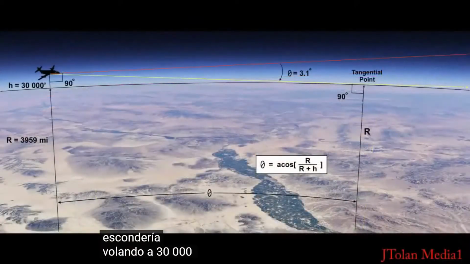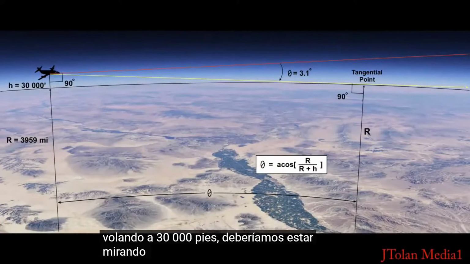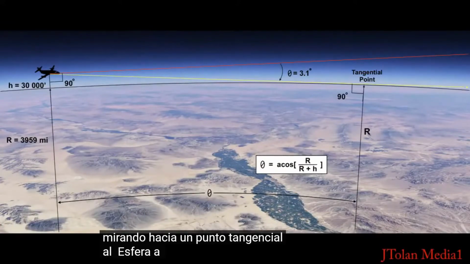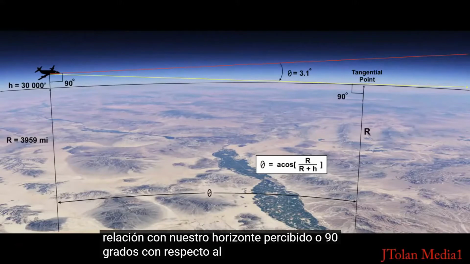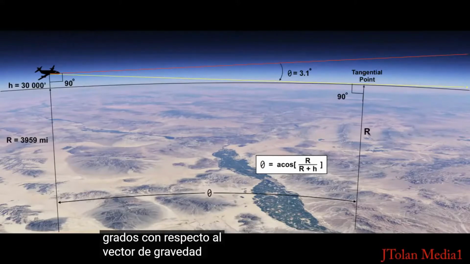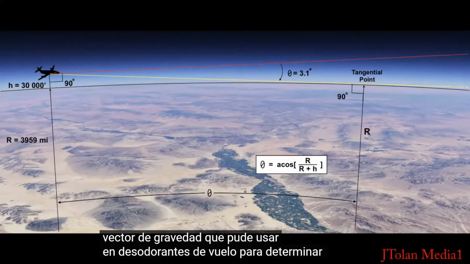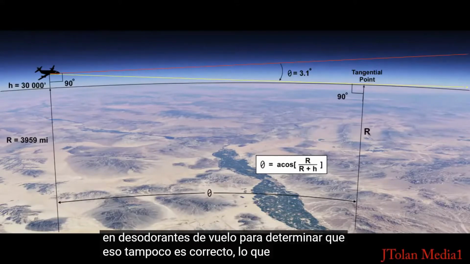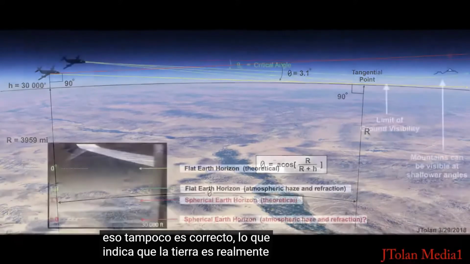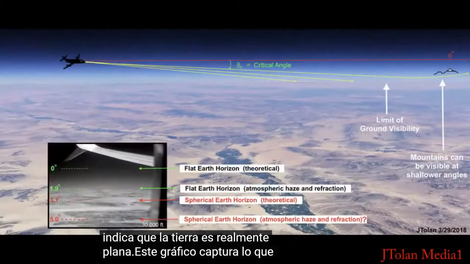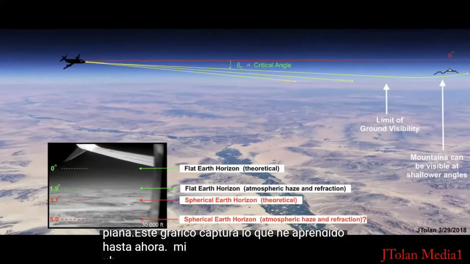Flying at 30,000 feet, we should be looking down towards a tangential point to the sphere at about 3.1 degrees relative to our perceived horizon, or 90 degrees to the gravity vector. I was able to use in-flight theodolites to determine that that also is not correct, indicating the Earth is really flat. This graphic captures what I've learned so far from my infrared